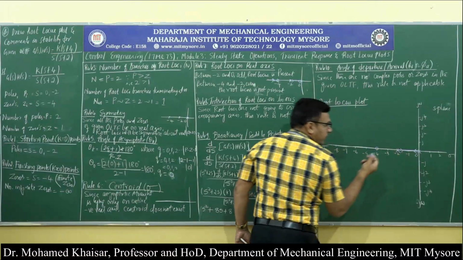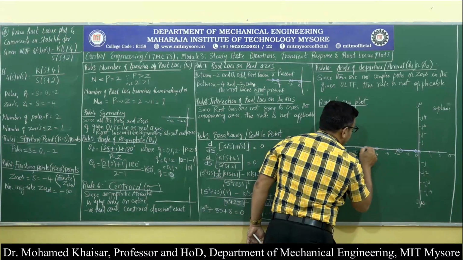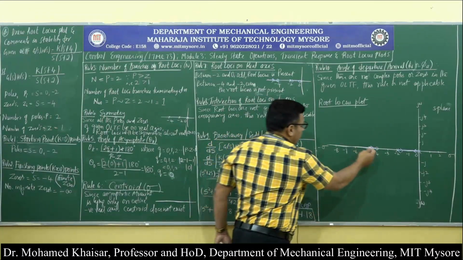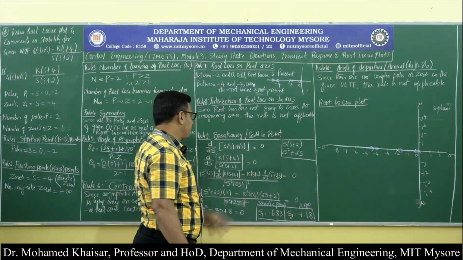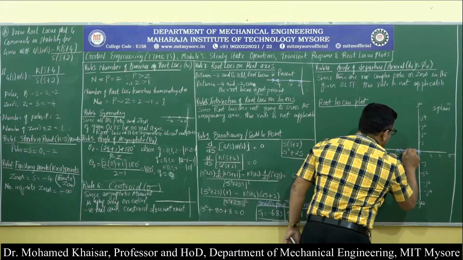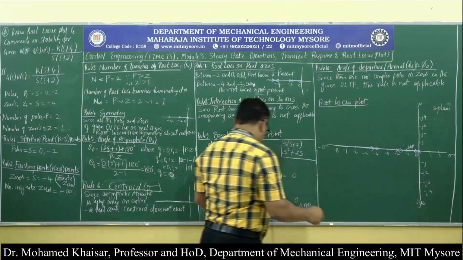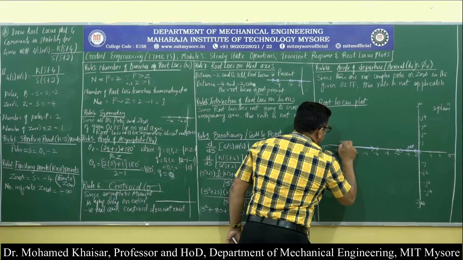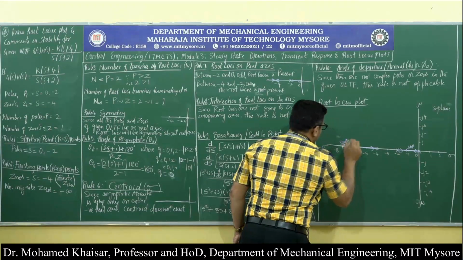Between minus 4 and minus 2, the root locus does not exist, but the root locus terminates at minus 4 coming from somewhere, from where the saddle point will tell us. So the root locus will be present beyond minus 4. The intersection of root loci does not apply. The breakaway point exists at minus 1.18. So here somewhere the breakaway point will be present. The saddle point will be present at minus 6.83. So it will be here.